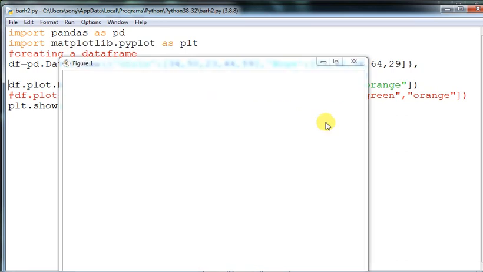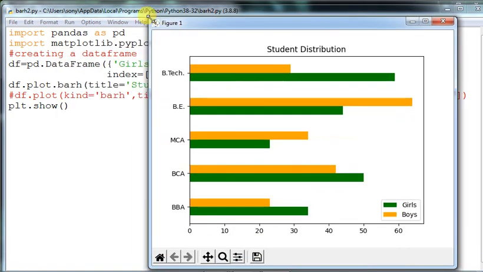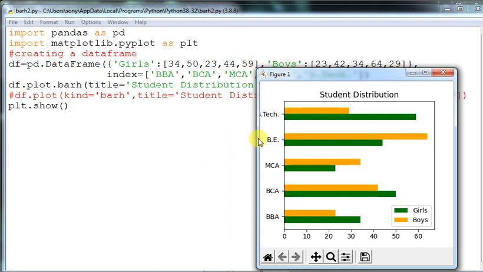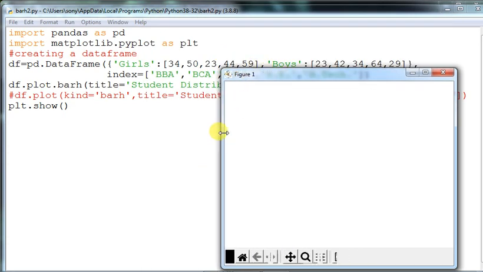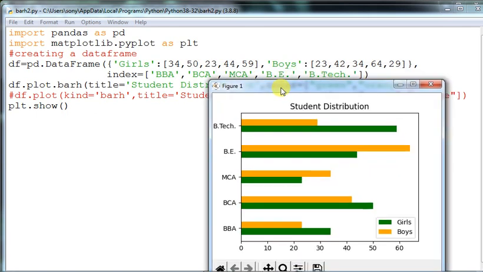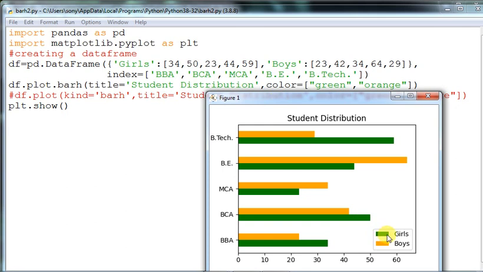Now you see the same output has appeared as we got from our previous command. In the horizontal bar graph you can see quite clearly that the legends represent girls and boys.